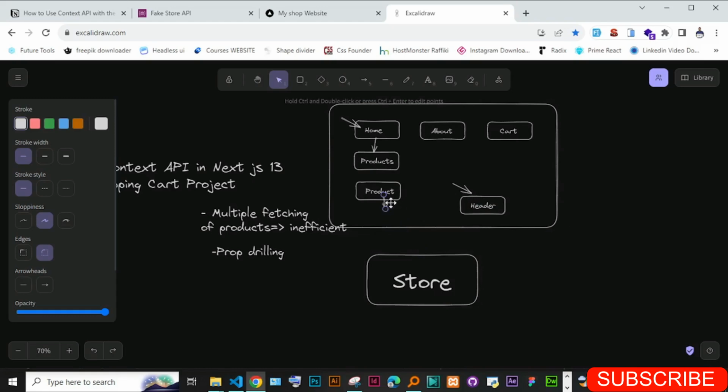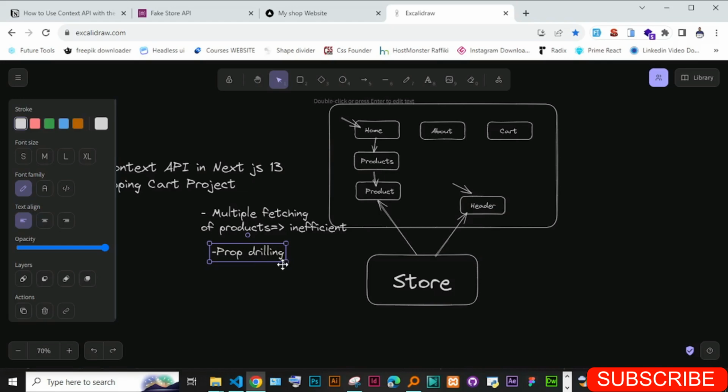Let me first draw an arrow here to demonstrate. If you want data here, we can send it. If we want data here, we can send it. So you find that there is this store that is separate from the app, so that if you need any data inside any of your pages or components, you simply get it from here rather than passing it through the props. So we have been looking at a mechanism of passing data from one component to another using the props, and we said this one causes a problem